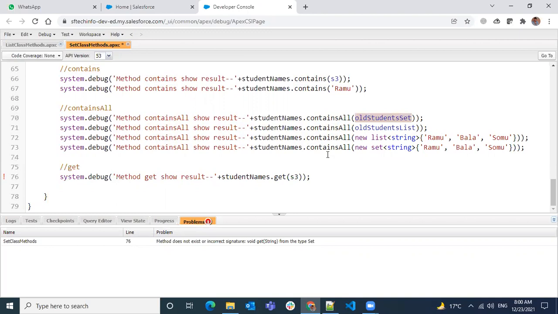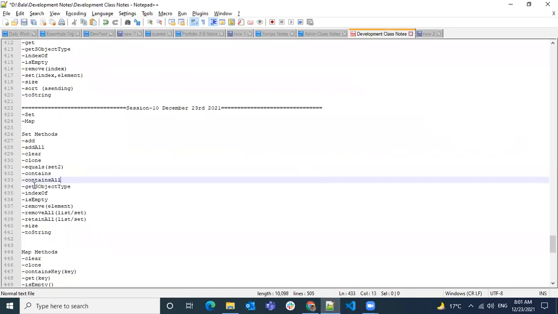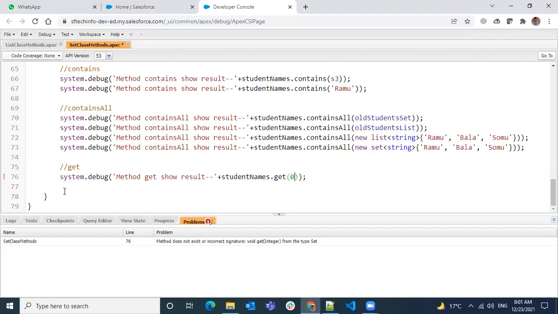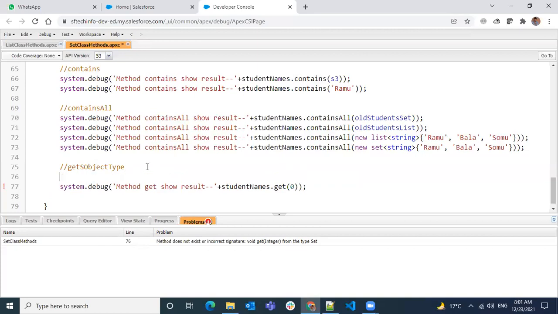Okay, a single value is not allowed. It will allow the set or not. I don't think it is a valid method, maybe my bad. If I give it 0. So actually it's not a valid method. Sorry about that. Get as object type is the same as a list. So if you're having a set of sObjects like account